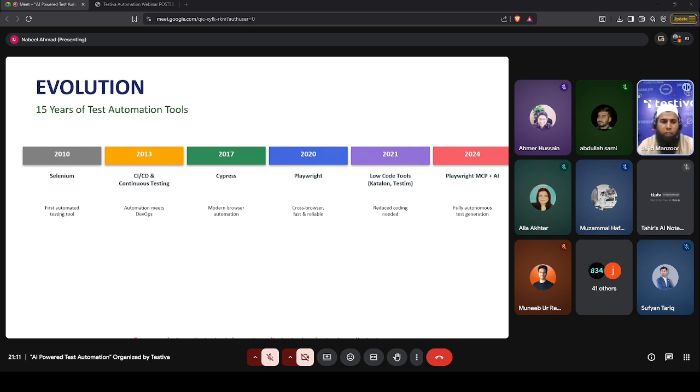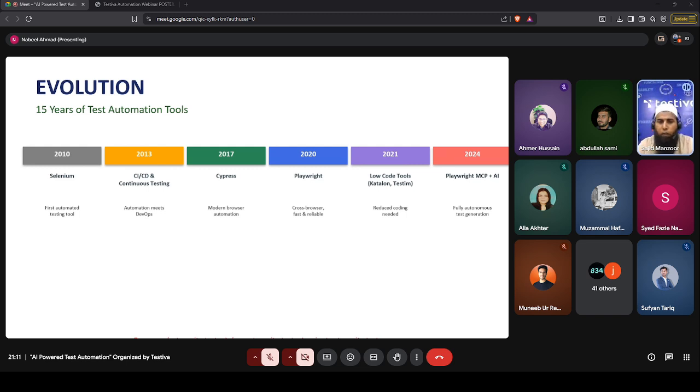Previously, when we were using Selenium back in 2010, it took lots of time to write the test cases. Even for just one screen, it takes a couple of days or even more to automate a single screen. But now with MCP, you can completely develop a framework. You can write the complete application test cases within hours actually. So that's a big improvement in test automation.